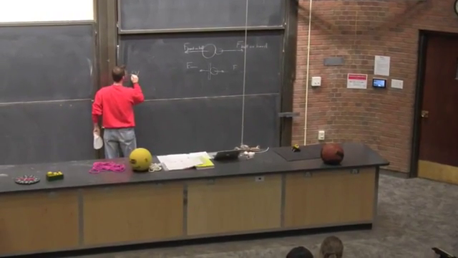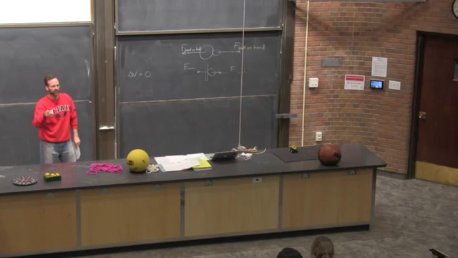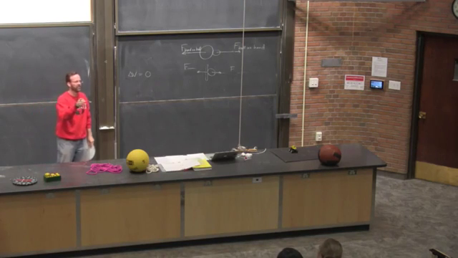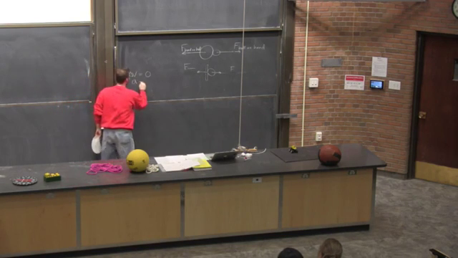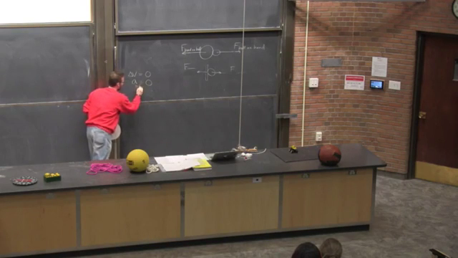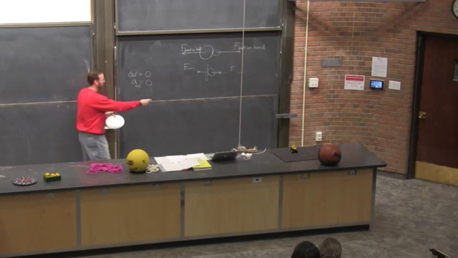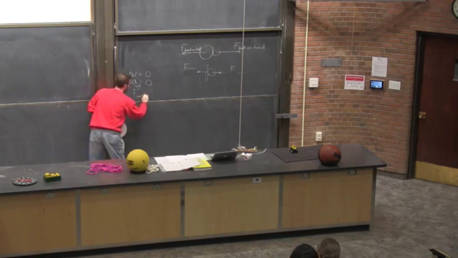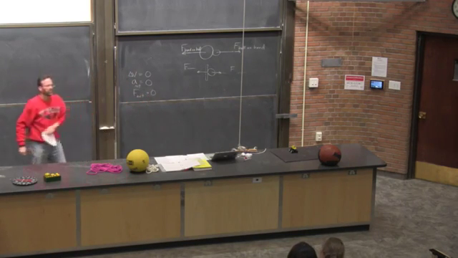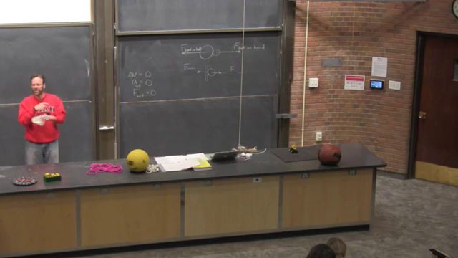The change in v is 0. It's not changing. Boom, you should know lots of things now. That means the acceleration is 0, and the net acceleration is 0, which also means what? The net force must be 0. But you know I'm pushing on it, so the two forces must be balanced.